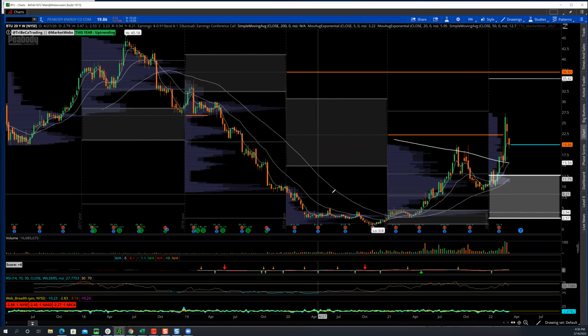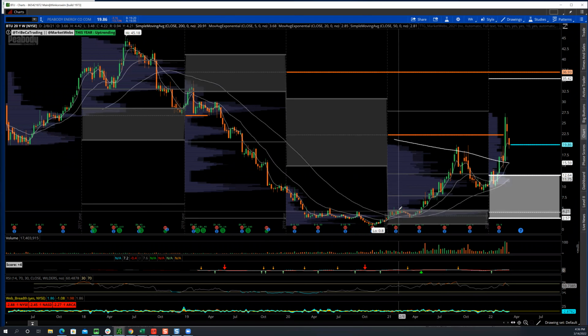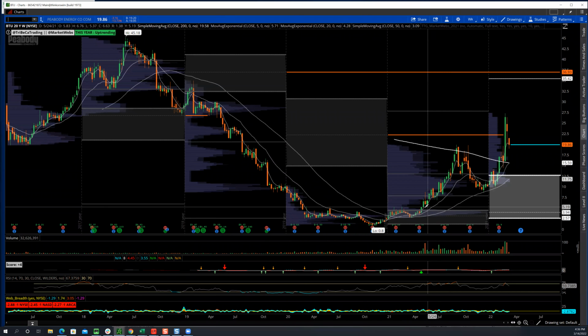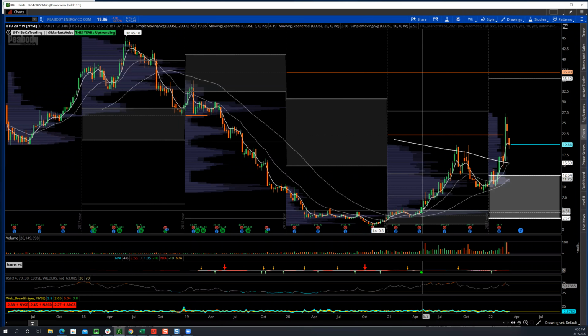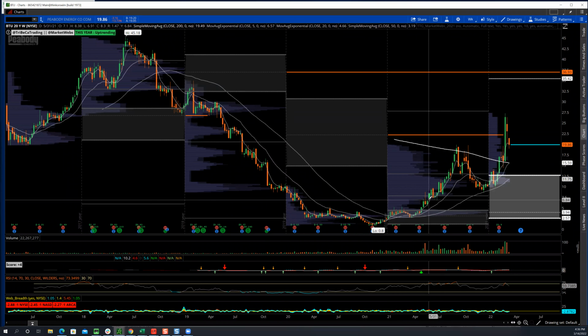And notice where the moving averages confirmed it for you. Also, the move out of value here too. Like I said, I do use value areas, and that's really nice confirmation. This broke the 2021 value area, but also notice the price got above all these moving averages too. So that's your confirmation. The reason I put this chart on Twitter on Sunday is just because I see so many bad things, and we don't want to call out every time someone says something bad, but